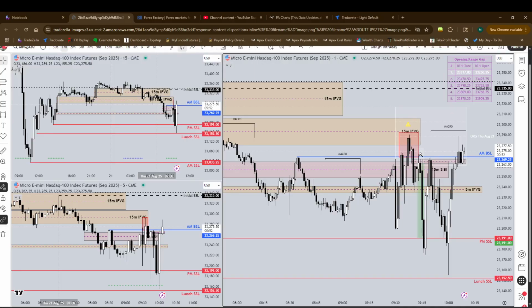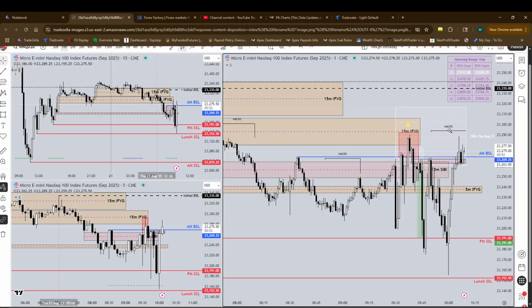On top of that, we also have this opening range gap CE level being respected as well. So there are three confluences that tell you the price is going to go lower and be bearish. And on top of that, we have a 9:45 and a 10 a.m. news driver